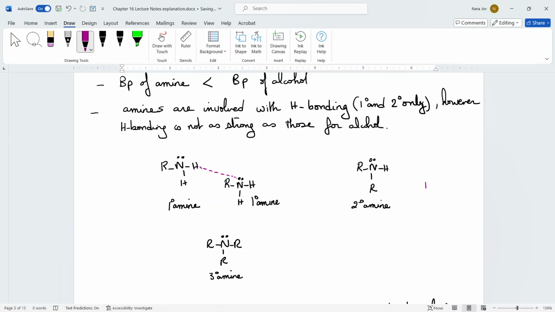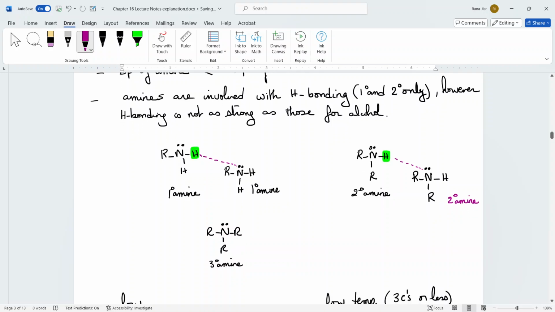Secondary amines also have hydrogen bonding interactions. So if I have two secondary amines that are next to each other, then you would easily see the hydrogen bonding interaction there. And the only reason you have hydrogen bonding, as I said, is that primary and secondary amines have hydrogens, so they are hydrogen donors. So this one has a hydrogen, so it can do hydrogen bonding with the second amine molecule, and that is the secondary amine. So that increases the boiling point of the amine.